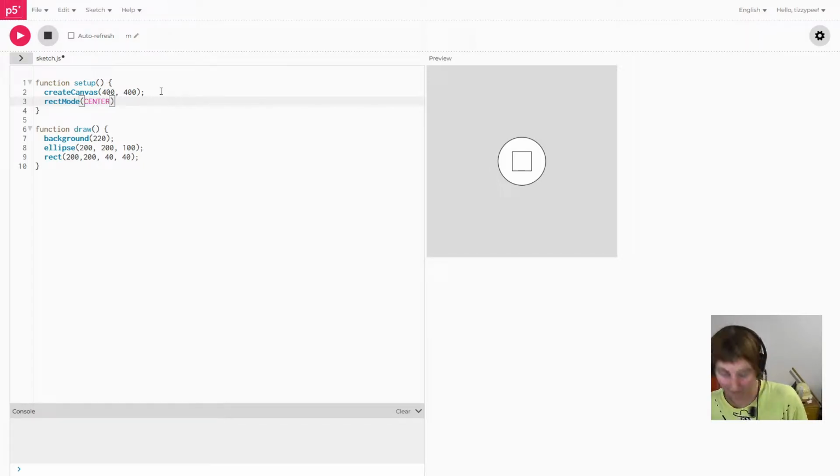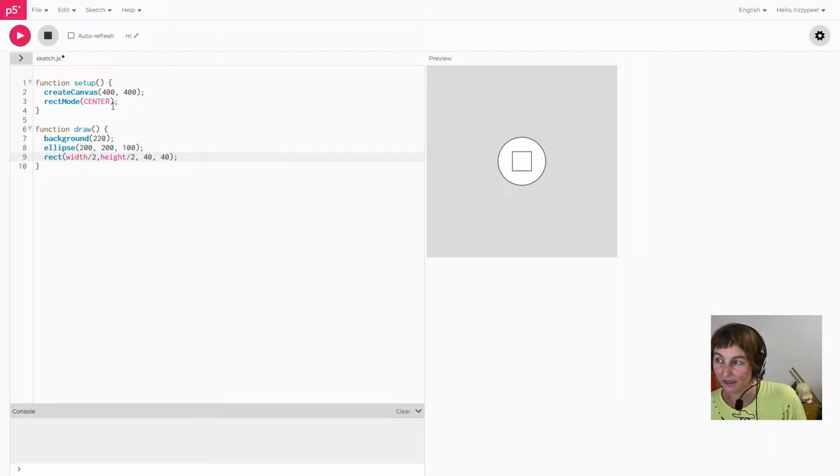Otherwise, I've got to do some more maths. So I've got my rectangle mode at center. If I now change this to width, not capitals, so width over 2 puts it in the center. Same with height over 2,